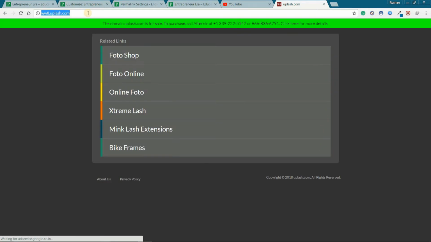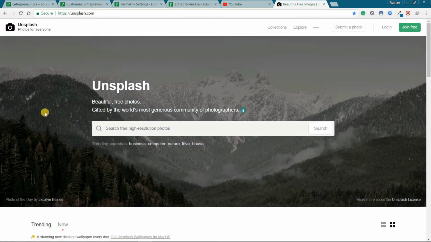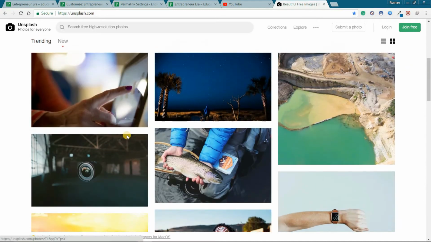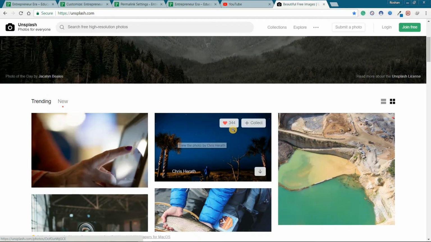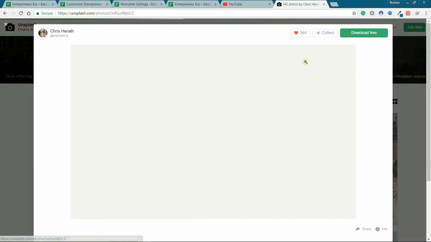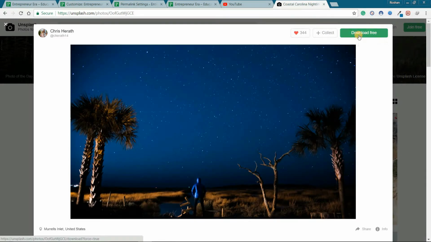Okay, this is Unsplash, a really good website to get your free images. They have plenty of beautiful images. I'm going to use this one. This will be matching